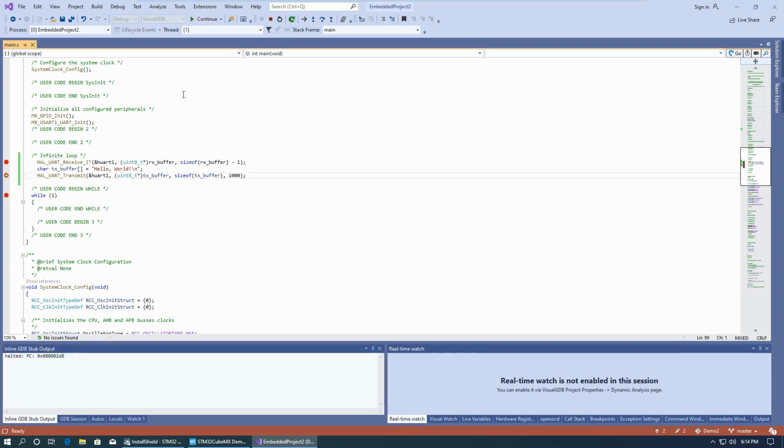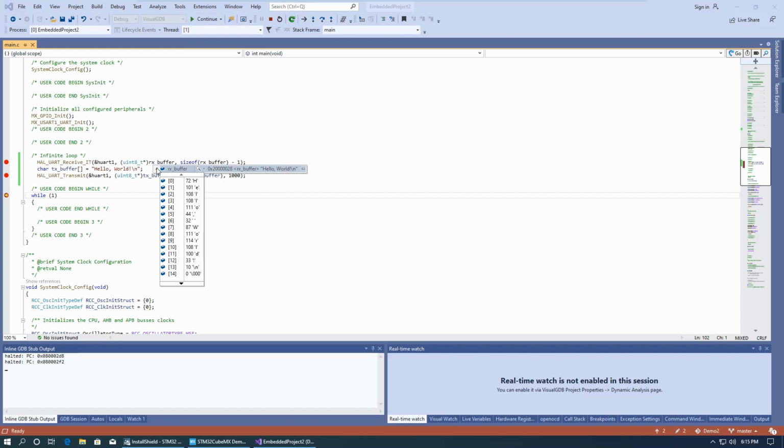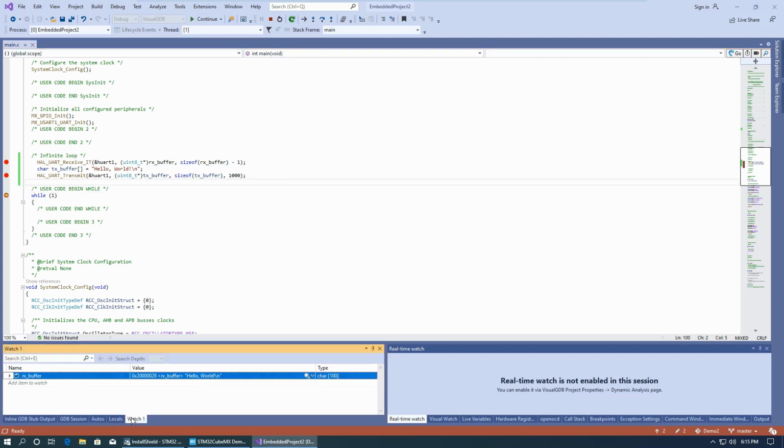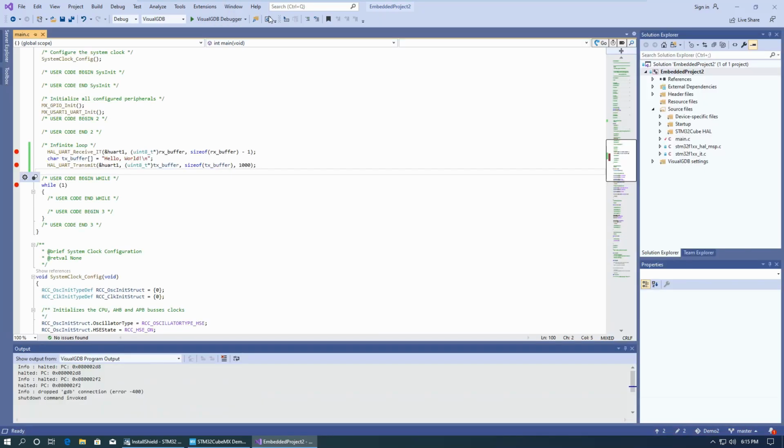So let's run this. Okay, so now let's look at the receive buffer. Still empty, still all zeros. And now we have hello world inside of this receive buffer. We can go down here and see it in the watch window. So, next step,